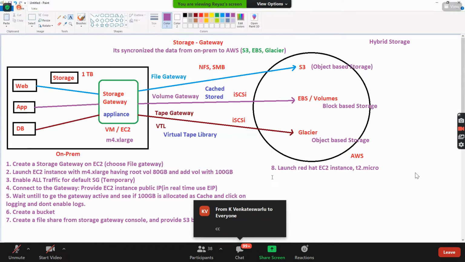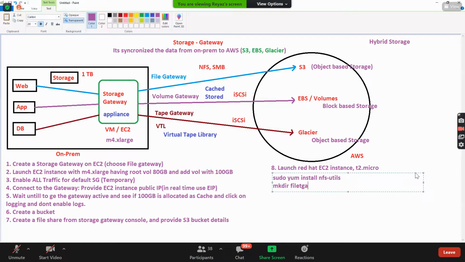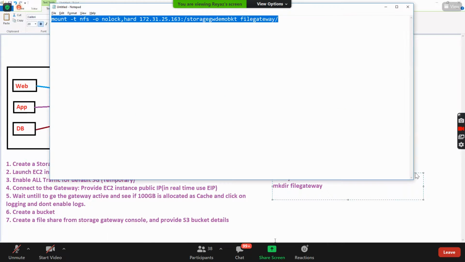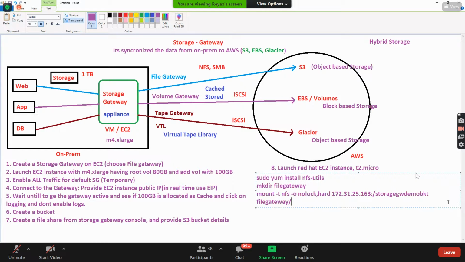In your on-premises, I'll put this also here. Sudo yum install, which command? NFS-utils. And then mkdir file gateway, and then I have mounted this entire line.